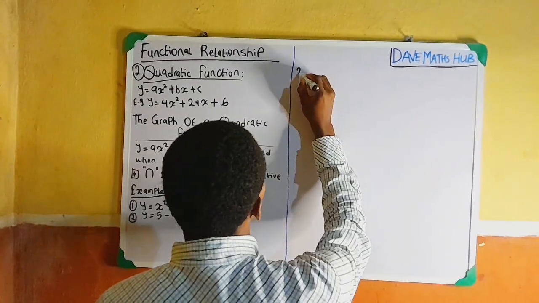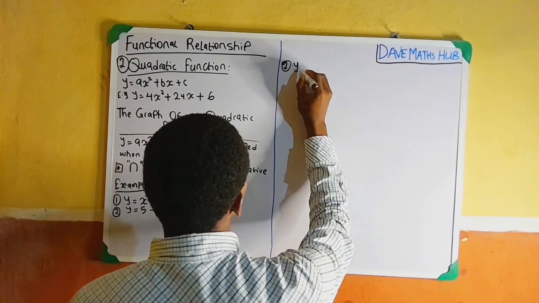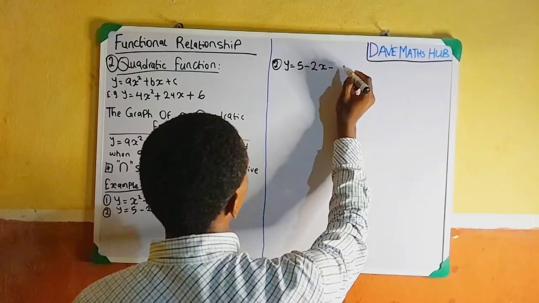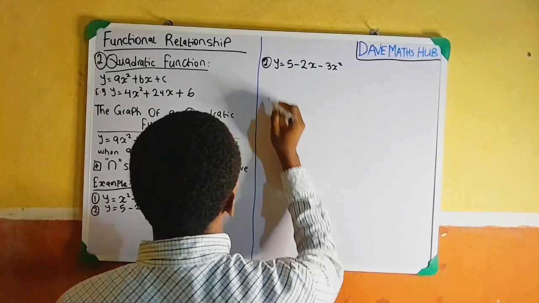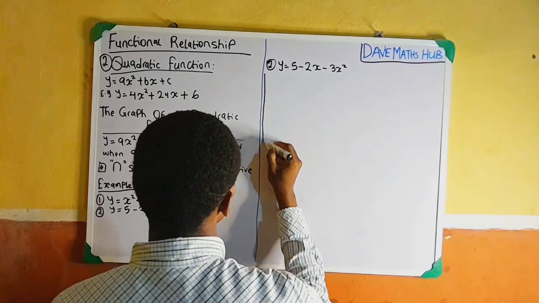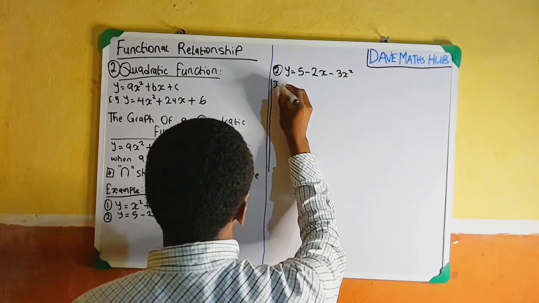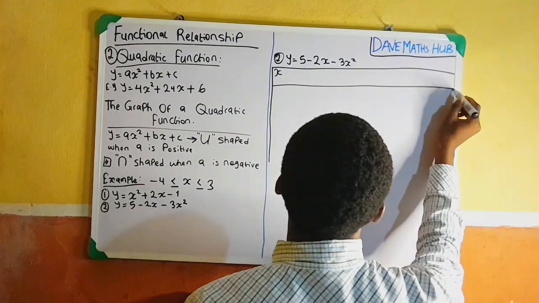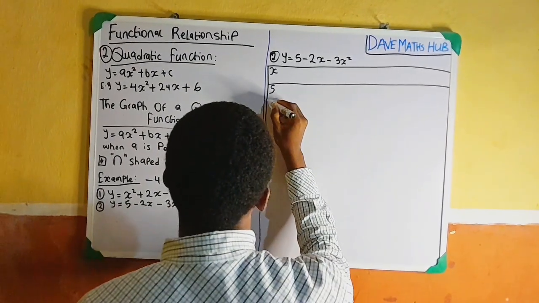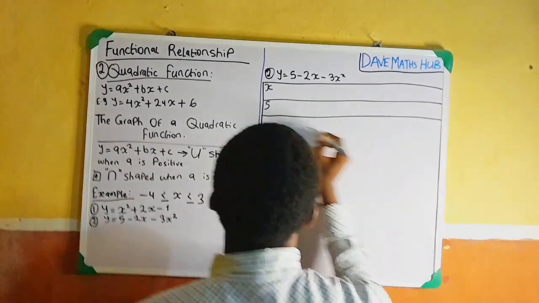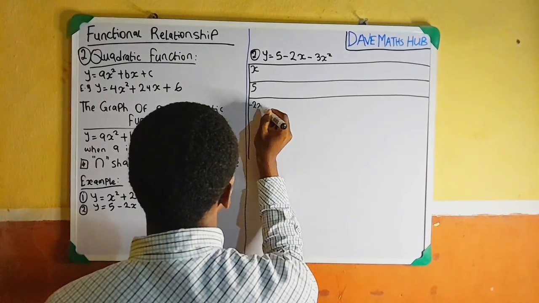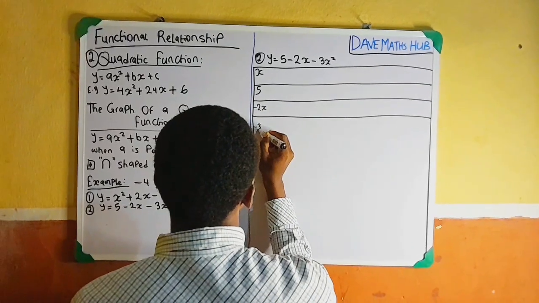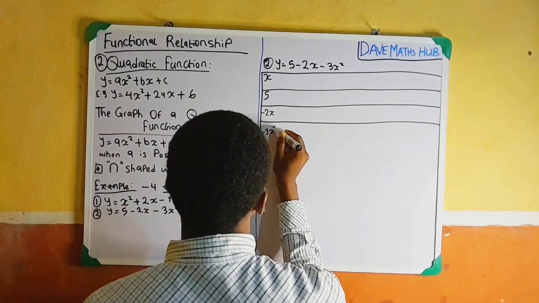So number 2, y is equals to 5 minus 2x minus 3x squared. So do likewise, this to be our x. So 5 minus 2x minus 3x squared